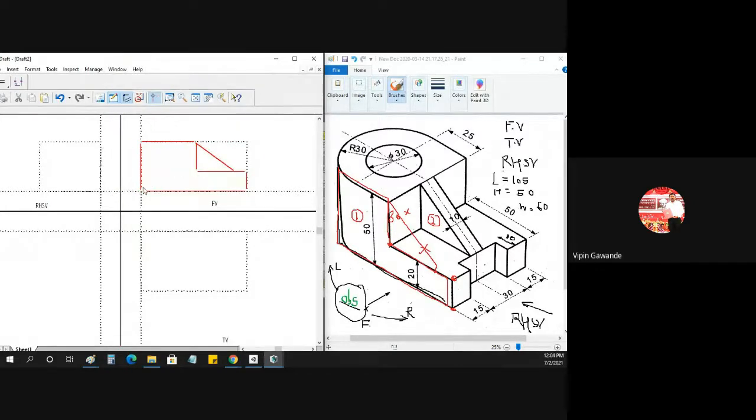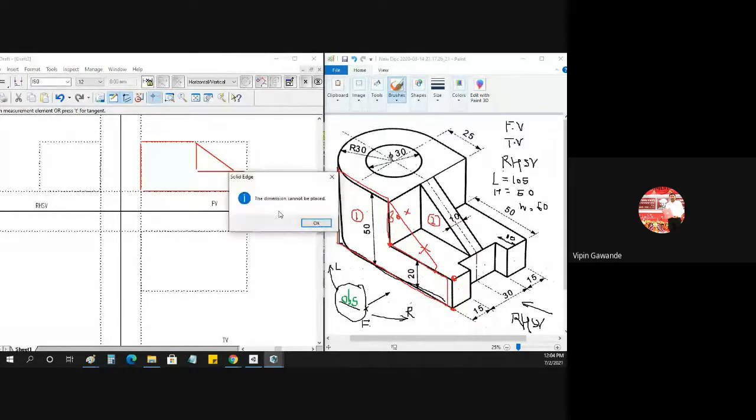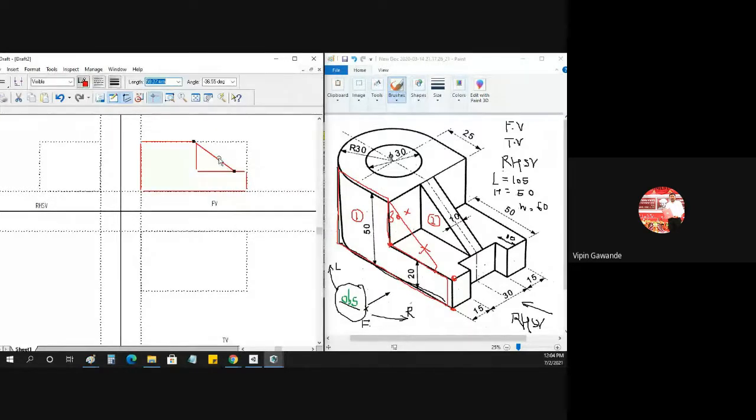Okay, this is there, and now let us take the dimensions here. The dimensions of this point, from this point to this point. So this dimension is how much? This is 10 mm. So you have to make this 10, because it is not up to the last corner. That you have to remember.